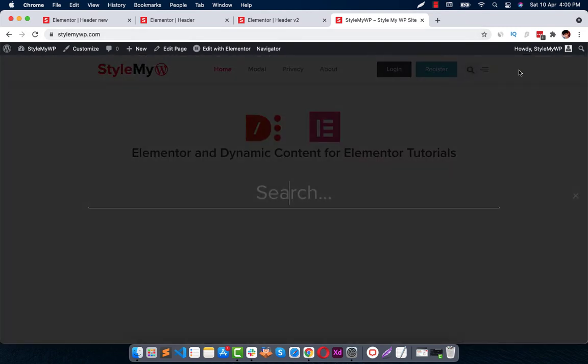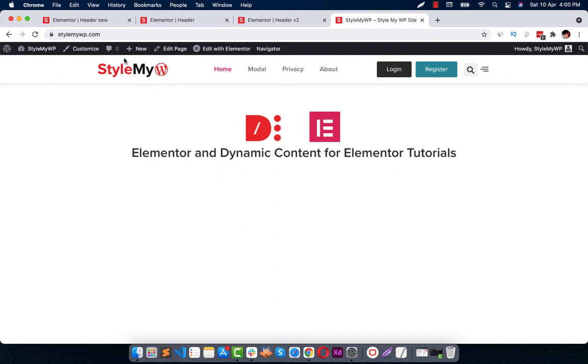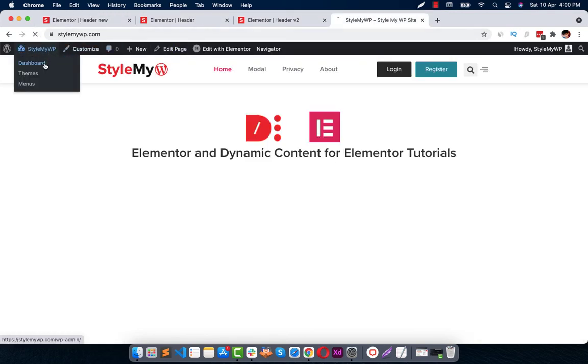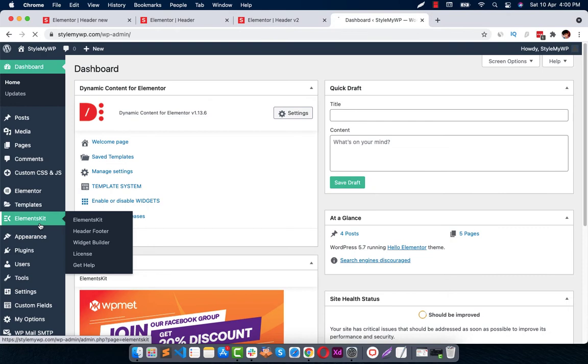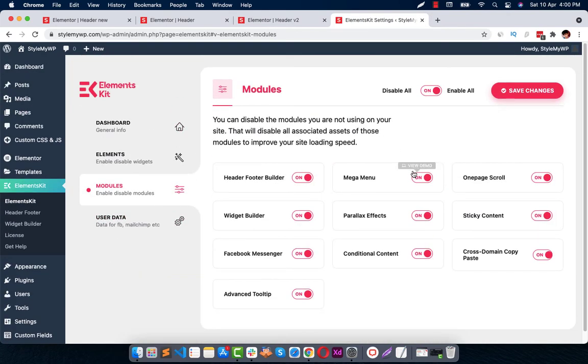Now we have a search function, we have off canvas menu, we have navigation and all that. What else can we do? We can also create a mega menu. To create a mega menu, you need to make sure that this widget is activated in modules, mega menu.